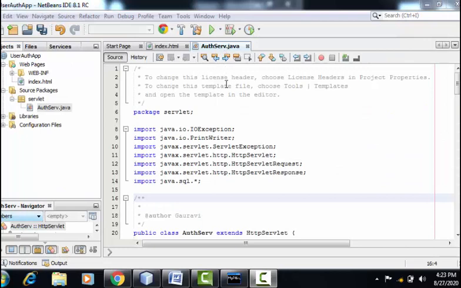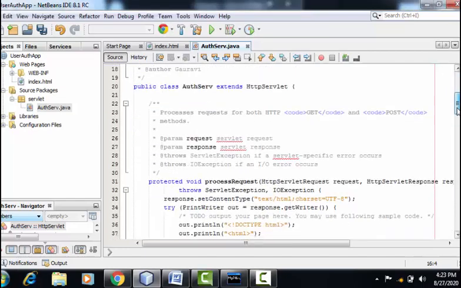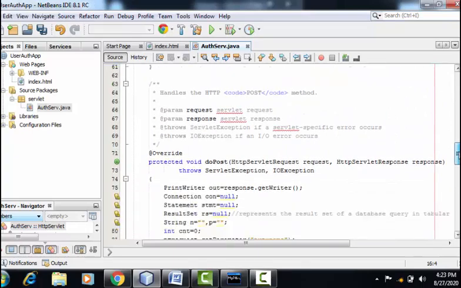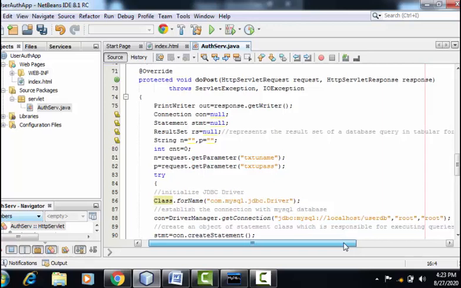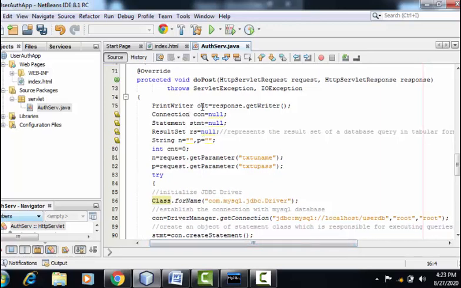In the authentication servlet file, along with the basic packages, we need to import one more package, and that is import java.sql.*. Now let us try to understand the code for the doPost method. In the doPost method, the very first object I'm creating is of class PrintWriter. We can perform the printing task by using this object. The name of this object is out. Then the second statement is Connection con = null. So basically con is an object of the Connection class. By using this object, we can make a connection with the MySQL database.